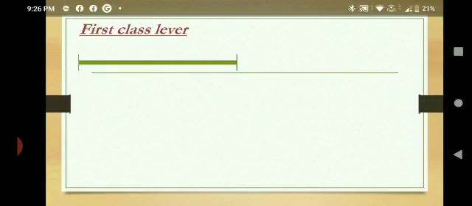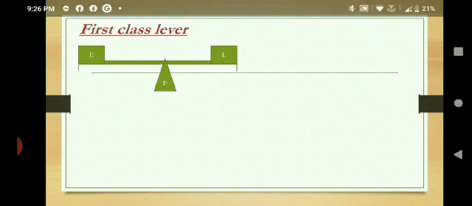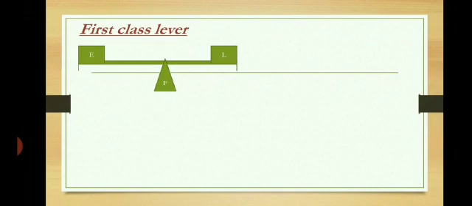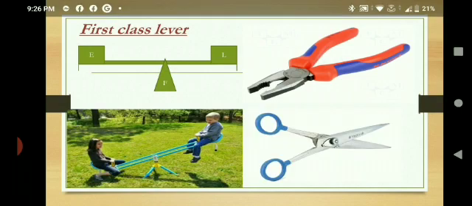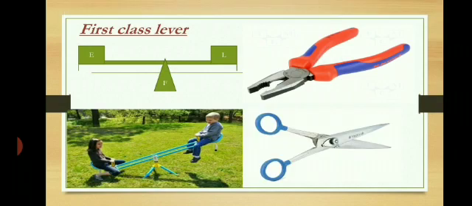What is a first class lever? A first class lever is the lever where load and effort are on either side of the fulcrum. So the fulcrum is in the middle of load and effort. Examples are seesaw, pliers, scissors. Other examples are also there, like balance, claw hammer,